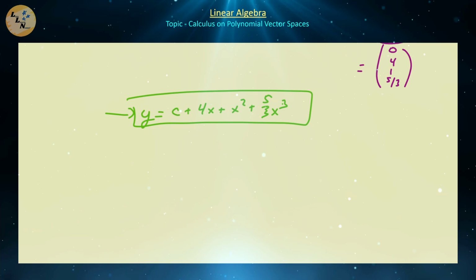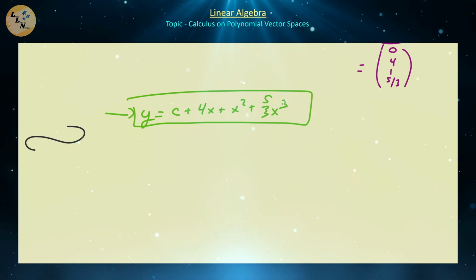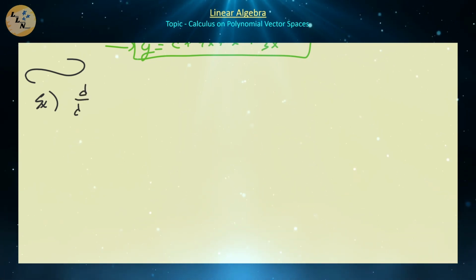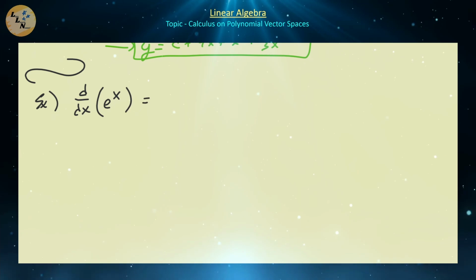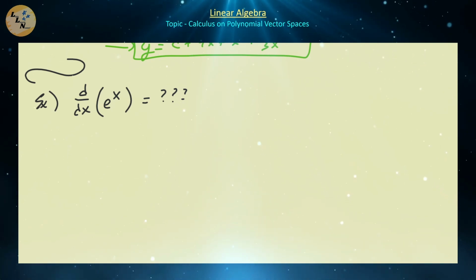Right? So one last thing before we go, and this is actually something you can think about. How can we apply these polynomial matrices to solve problems like the derivative of e to the x? So if you know single variable calculus, you know that this is just e to the x, right? But how can we bring this into things that are not so obvious, at least from the polynomial perspective? So if you remember something from single variable calculus, you should know that e to the x has something